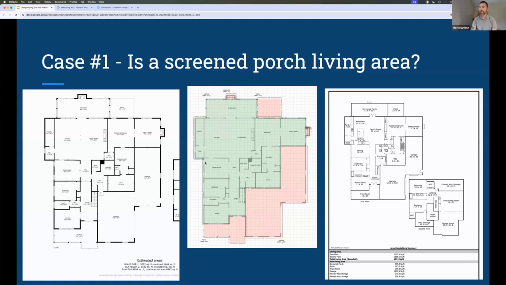So whoever scanned this, they just walked out there and held the phone around and then forgot to take it out as non-living area the next day when they got the scan back. And it made them misrepresent the square footage by about 375 square feet, which is a lot. It's almost 10%. It's an almost 10% error and is plenty to get in trouble with the real estate